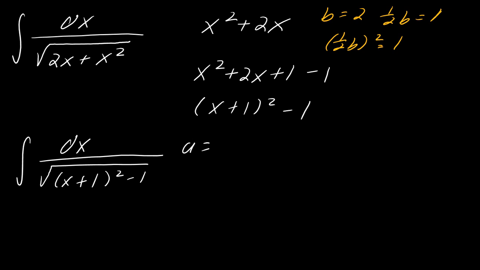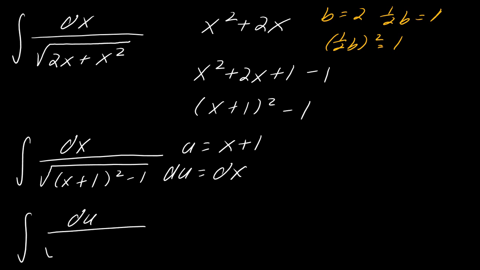The good news is that if I set my u equal to x plus 1, my du is just going to be dx. So this whole thing can be rewritten as the square root of u squared minus 1. And that actually has a nice little integration formula. Namely, that's going to be the integral of